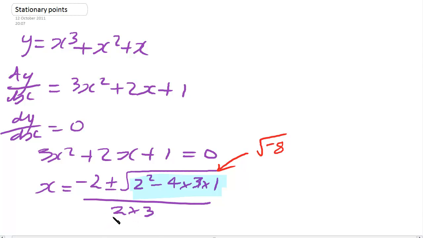This means we have no turning points. So this cubic graph won't have any stationary points. It's just going to go from here to here and up here. It's just going to go from low to high. And we can see that it's probably therefore only going to cross at one point. If you factorise this out,